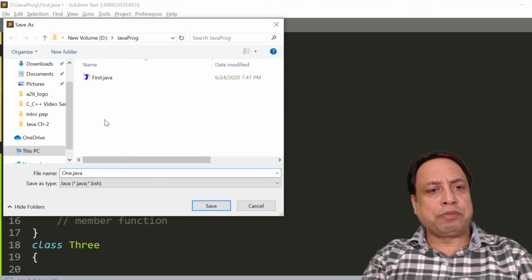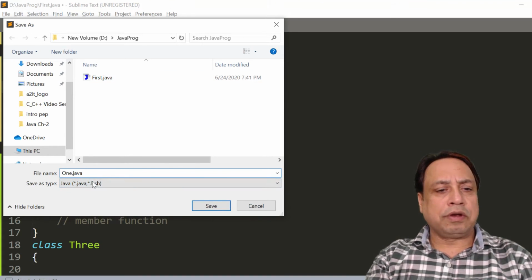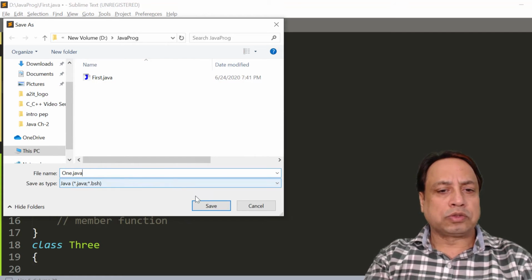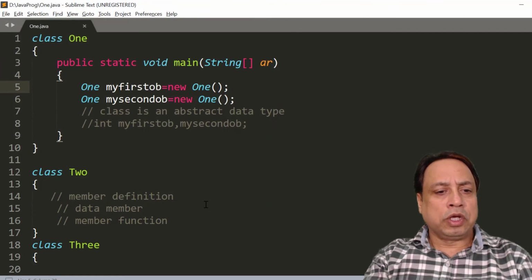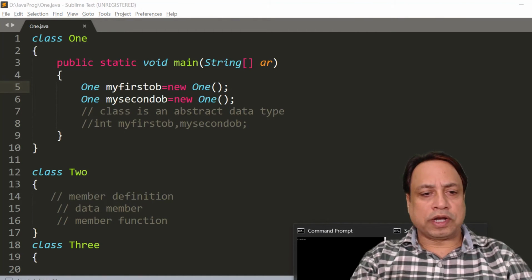जब भी हम किसी program को save करेंगे, we must remember its location. As you can see that once we are giving the name as 1.java, we know that this program is going to be saved in the folder Java program. And this will be saved along with this another program that is already there in this folder. So let us save it. So once we save it, we can go to the command prompt and see how it is compiled.